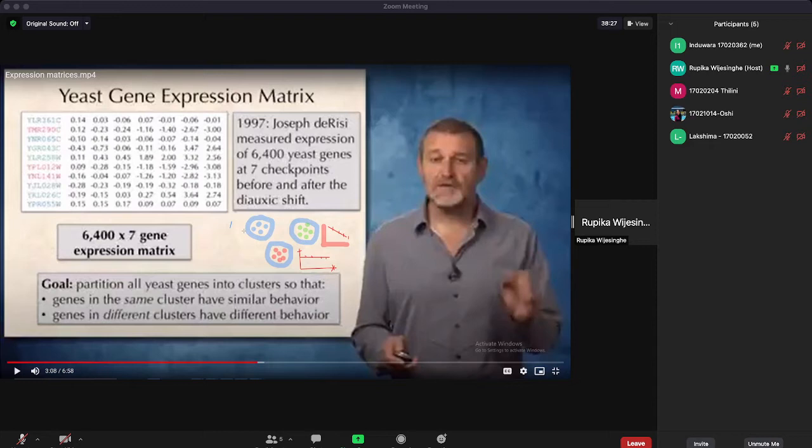And for this set of genes, say in the first 2 hours they will produce this much mRNA, in the next 2 hours this much, and the next 2 hours this much,